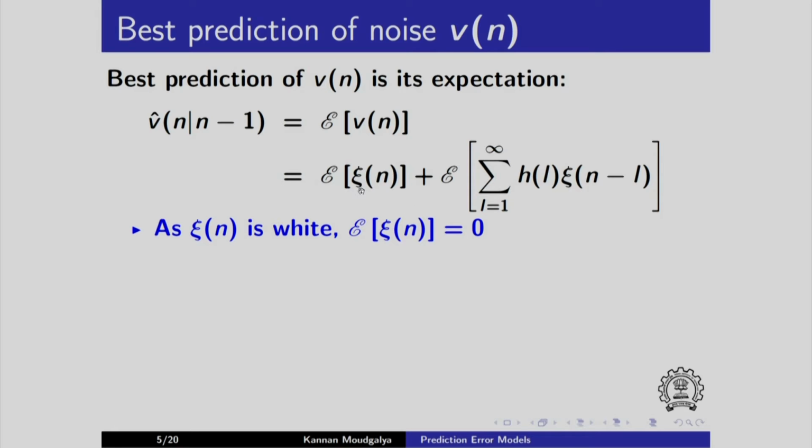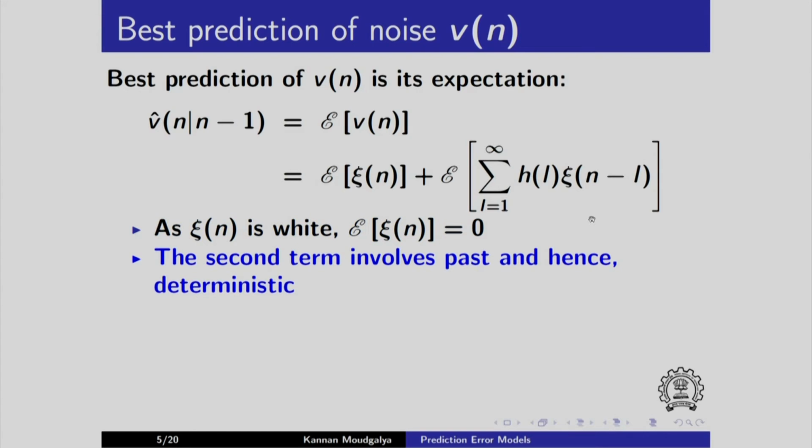Now because C is white, the estimate becomes 0, and this concerns terms which already happened, because n minus 1, n minus 2 and so on, these are the terms that occurred previously, and hence these are deterministic, and as a result we see the expectation to be this summation,